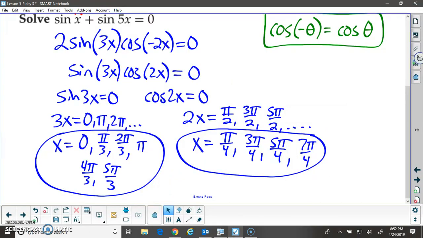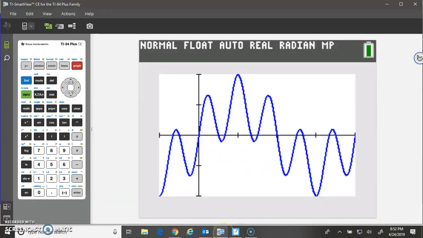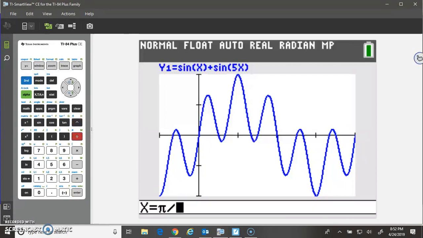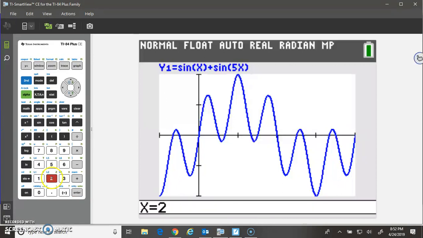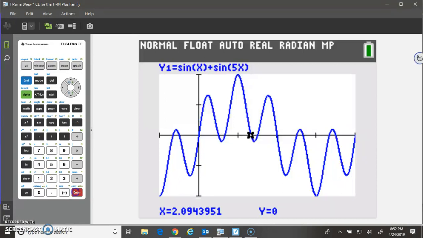And so if we start typing in some of these answers, first of all, we had 0. We had pi divided by 3. We had 2 pi divided by 3. We had pi. So you can see all those answers. We also have